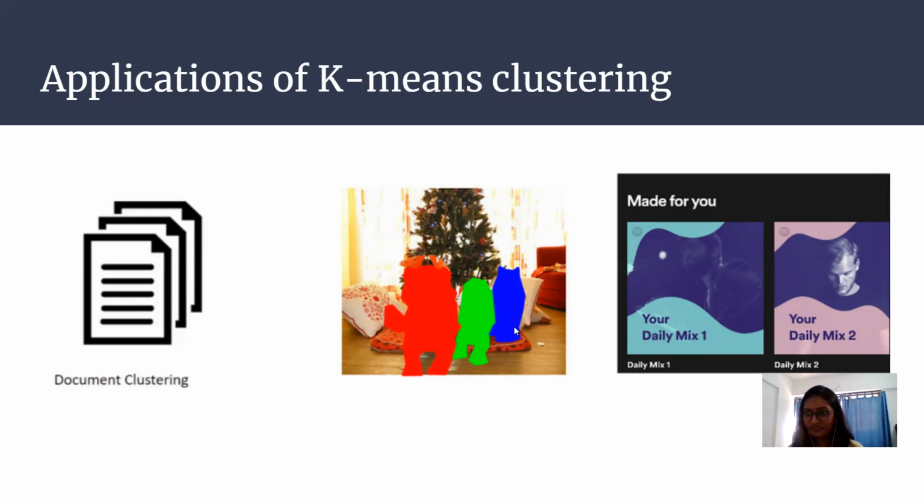Thereafter, in the case of image segmentation, if you have different pixels and you want to cluster similar kinds of pixels, as you are able to see over here, red are the similar ones, green, and thereafter blue. Next is a very interesting application, which is recommendation engines. Let's say you want to recommend a song to your friend and you look at the songs liked by that person and then use clustering to find similar songs and finally recommend them to you. This is a very common thing that you must have seen in your Spotify. This is how a